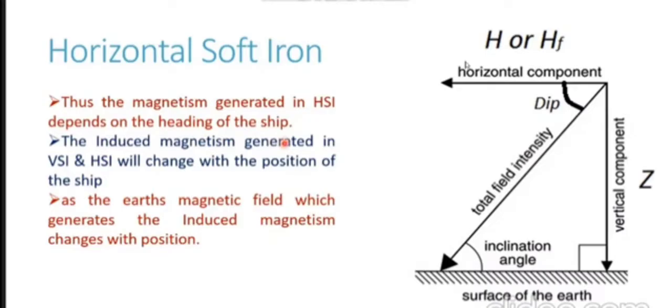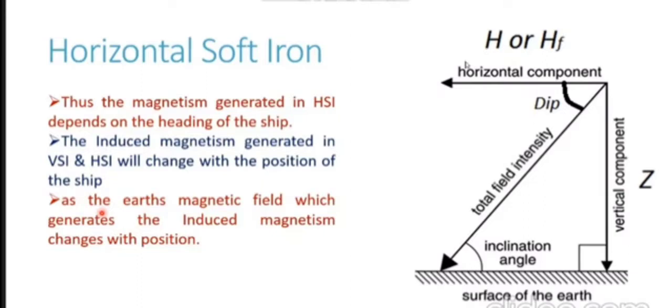Because as the heading of the ship changes, the orientation of the HSI with respect to the magnetic field of the earth also keeps on changing. The induced magnetism generated in a vertical soft iron or a horizontal soft iron will also change with the position of the ship. Now you see, the basic cause of this induced magnetism in soft iron structure is the magnetic field of the earth. Now if the ship changes its location,